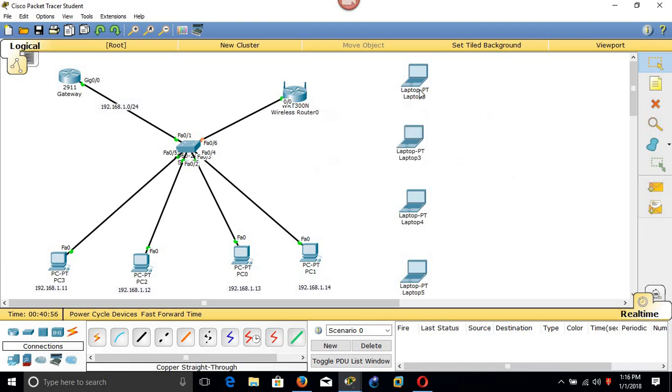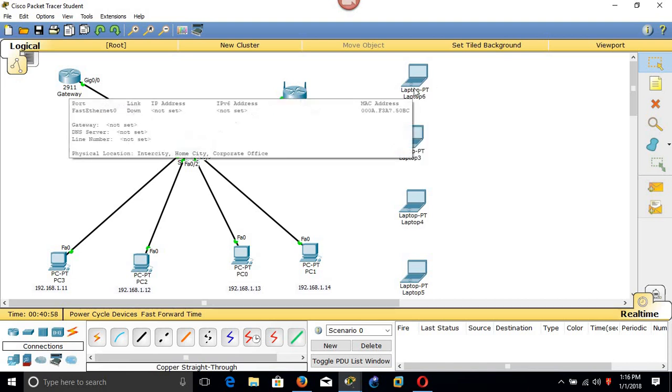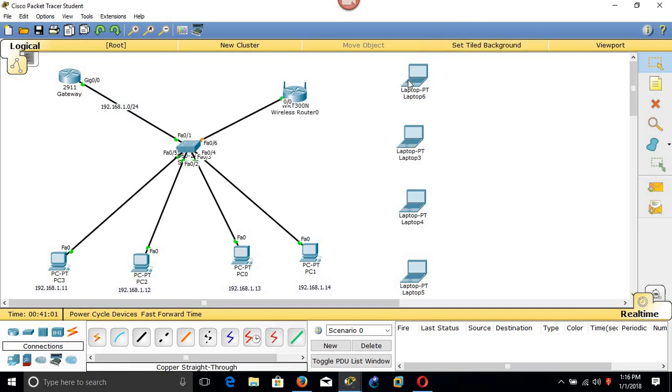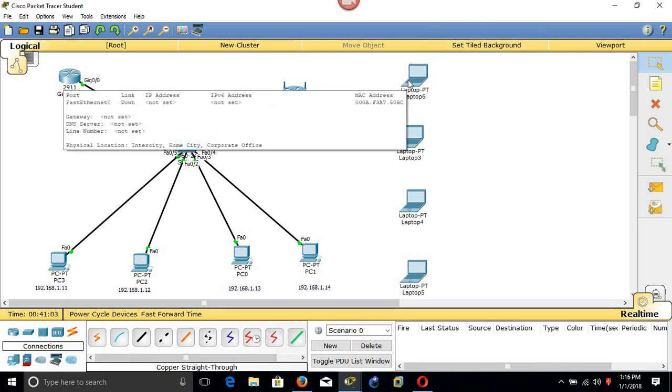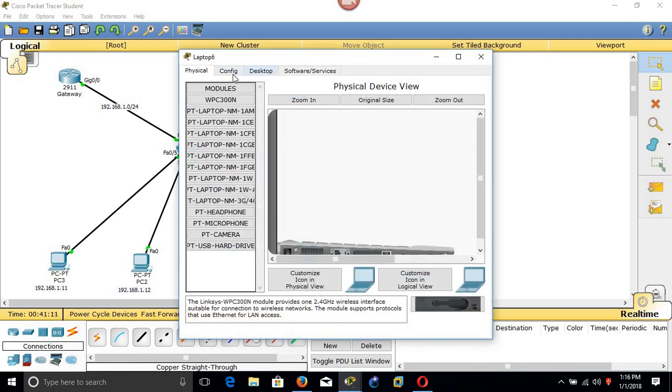Okay, after that, this laptop in this Packet Tracer by default doesn't have a wireless card, so we need to add one. If you open a physical laptop like this one, as you can see in this simulation, here you have the card. So we need to replace this card with the wireless card in order for this laptop to be able to access the wireless internet.